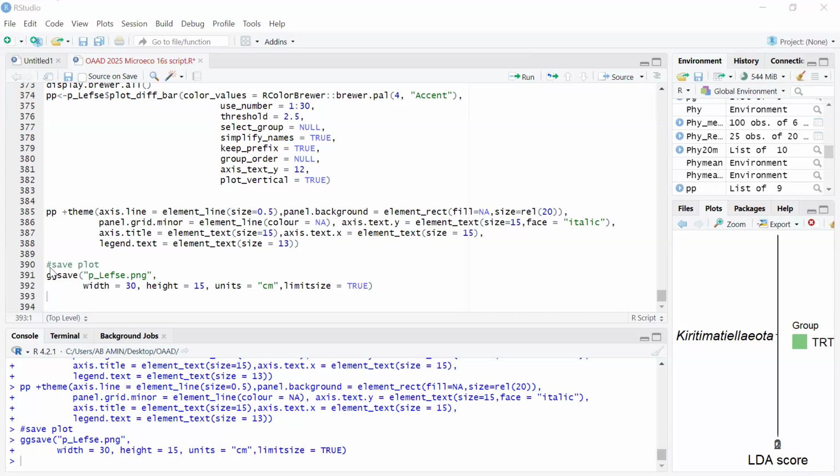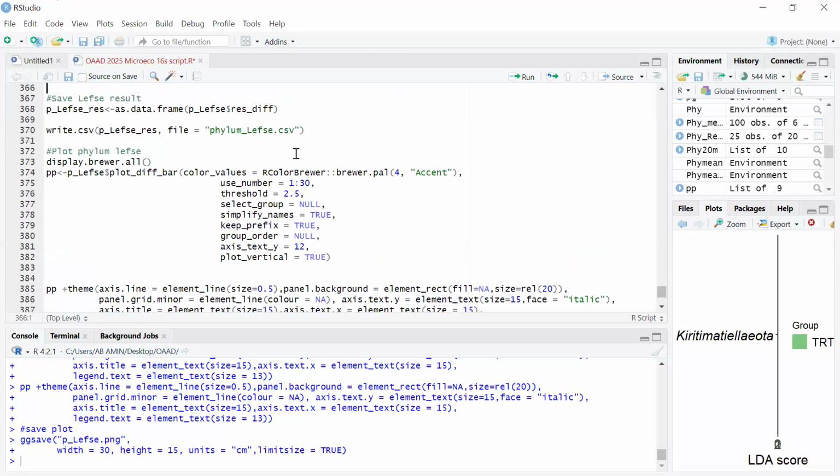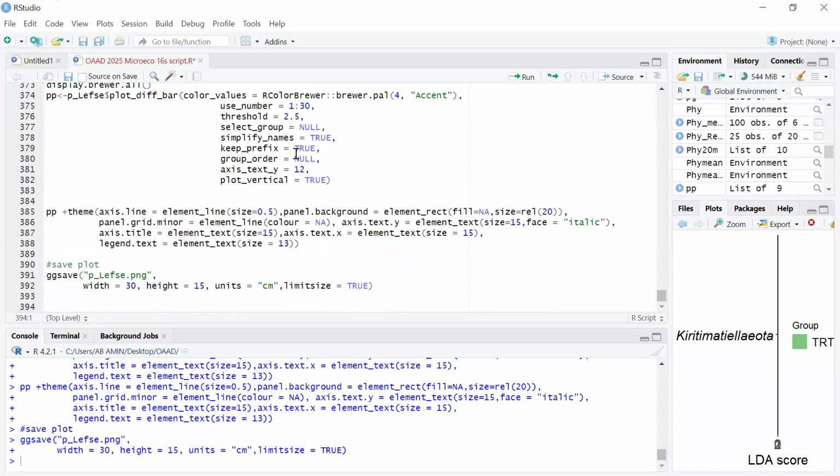So as we can see, only one phyla was found to be significant. And in such cases, we may want to leave it since we already have one. But if you want it to capture both phyla, then you will have to reduce your threshold. And I think this brings us to the end of the differential analysis